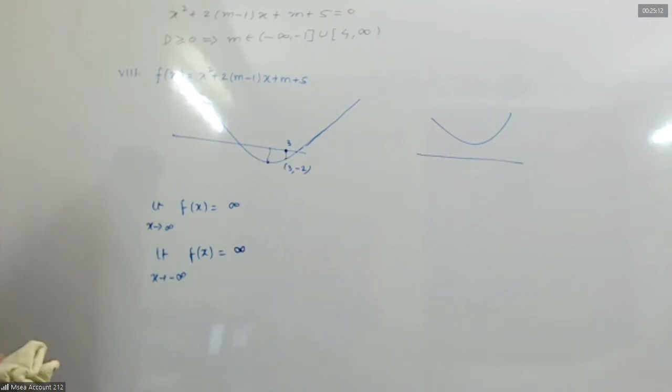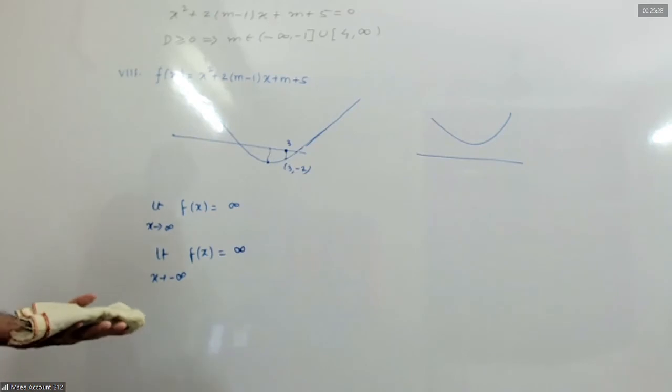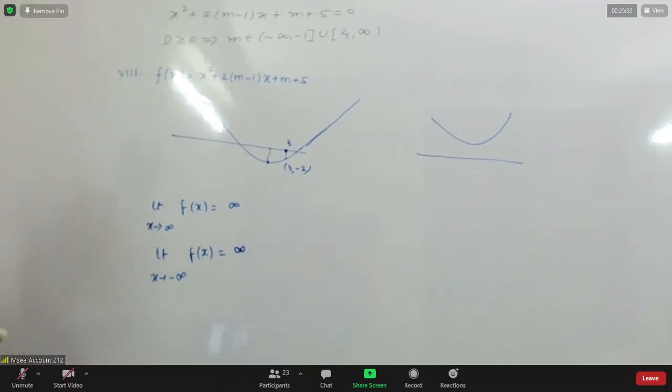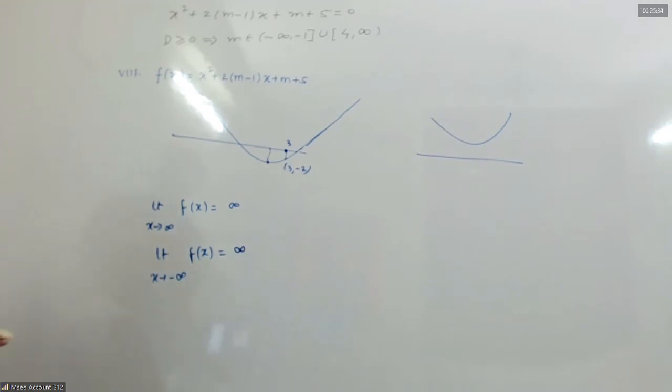At minus 8 by 7, is it open or closed? Open. At minus 1, it is closed. At 4, closed. At infinity, open. Correct. At infinity or minus infinity, it will always be open. No one can reach infinity or minus infinity. Very good. What's your name? Muhammad Shoaib. Good. Very good.